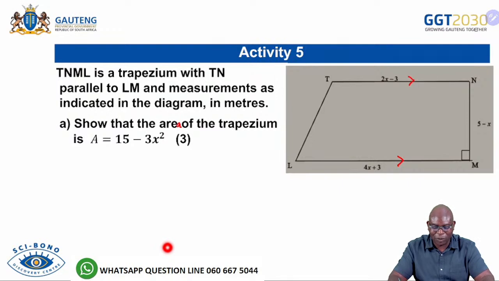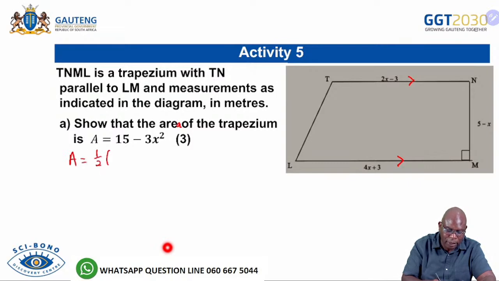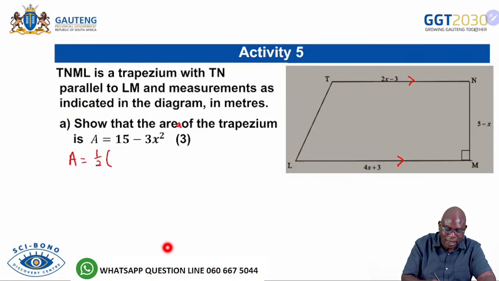15 minus 3 into 3x squared. I'm looking at this question and say, but 15, oh, okay. But the fact of the matter, you must know the area of the trapezium. What is the formula for the area of the trapezium? First of all, the area of that is half. Done it in grade 9, grade 10 also, must know it. It's half the sum of the parallel lines. I'm just going to write this, parallel lines